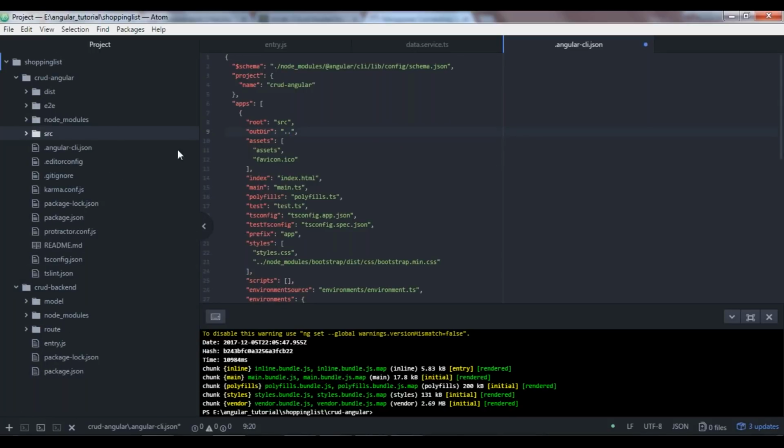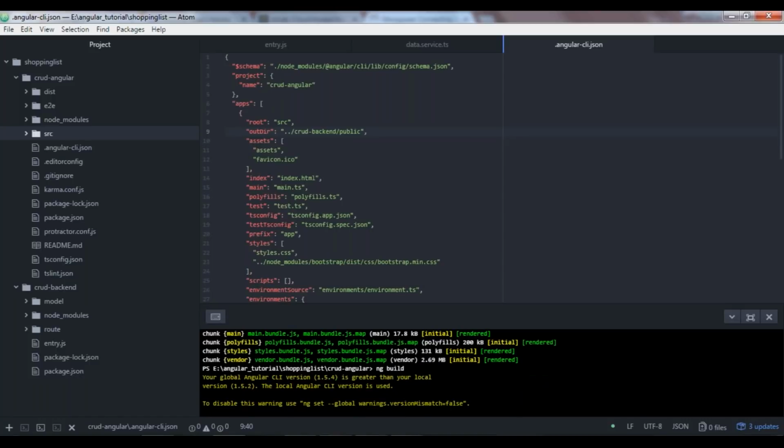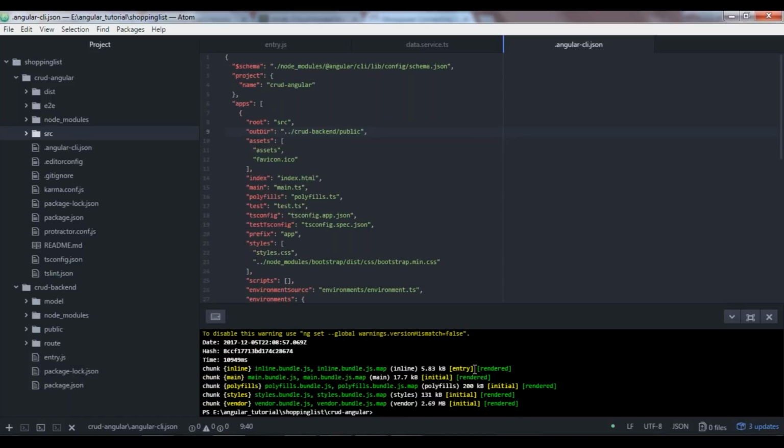Now if I go back, I'll be inside my root folder, that is my project directory, and inside that I'm going to go ahead with the CRUD backend, and inside that I'm going to go ahead with a folder called public. This folder will be generated automatically, so you don't need to go ahead and create this folder explicitly. So once the build process has been complete, you can see the public folder has been created inside my backend